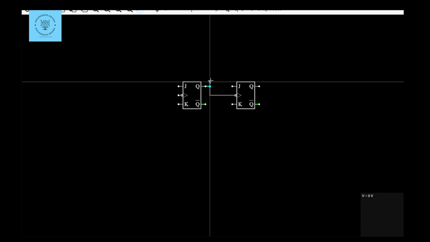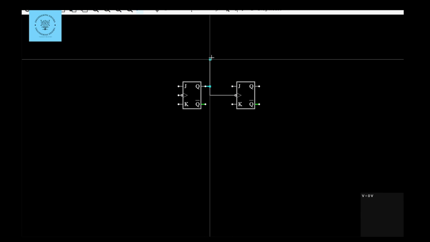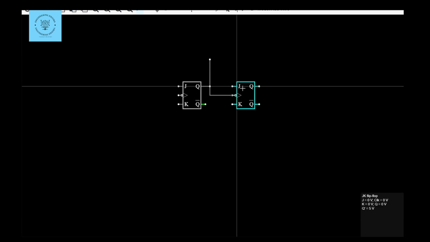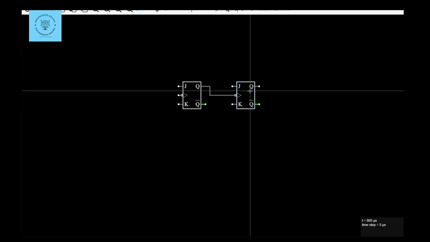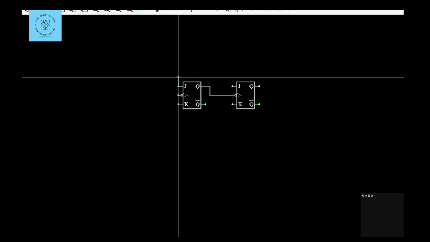Before we go into the circuit, let's understand what a counter is. A counter is a sequential circuit that counts in binary form. It changes its output based on clock pulses. In this case, we are using a 2-bit counter, so it can count from 0 to 3, which means it